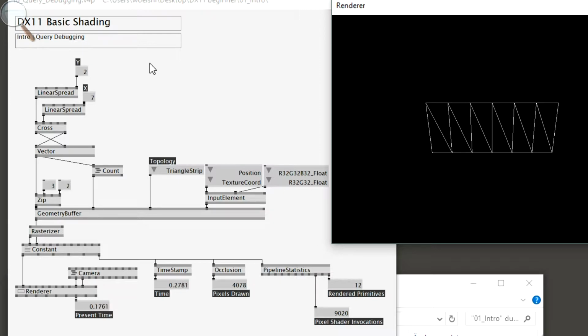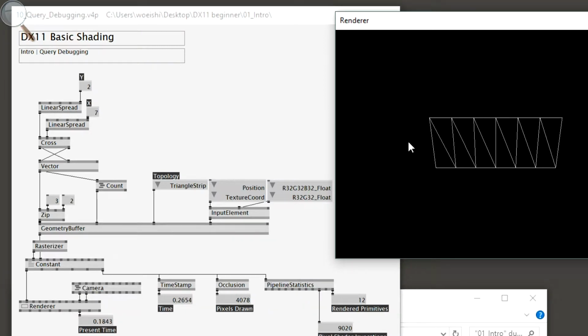And with DX11 you have this query output where you actually get a lot of information all the time on each node, how much time it's taking, how many pixels are drawn. So you see,